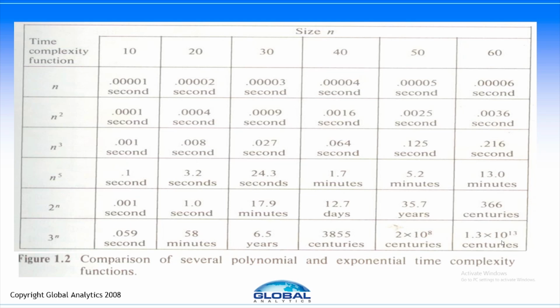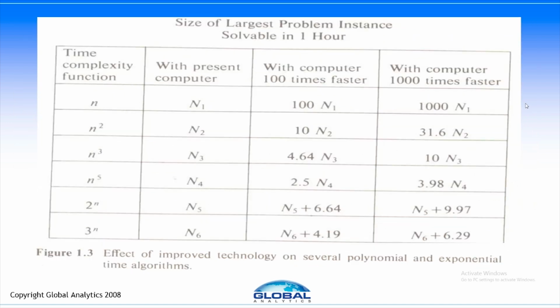So if you have a problem of 100, 200, okay, up to n power 5 would still be reasonable, but once you get to exponential algorithm, the best known algorithms take several centuries. So, I mean, you might ask, okay, maybe this is all the power of today's computer, but if the power of the computer increases by 100 times, and today if you can handle a problem of size some 10, if it increases by 100,